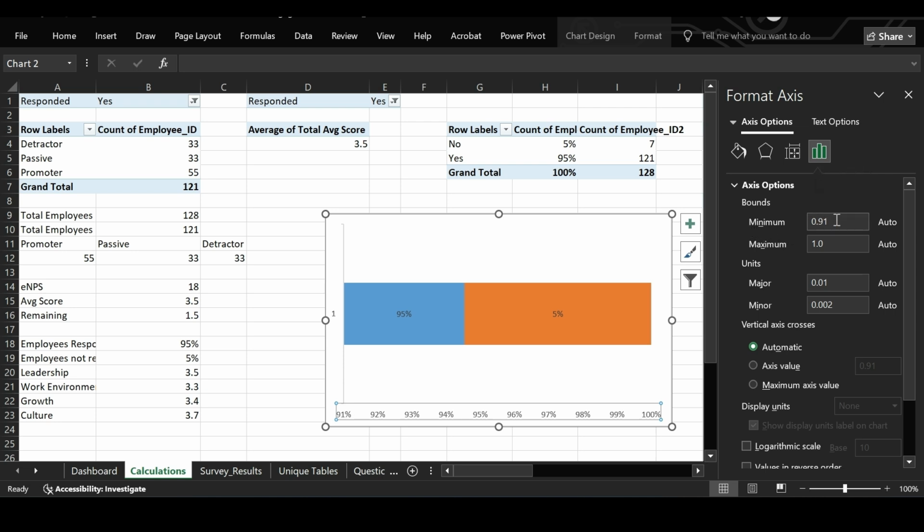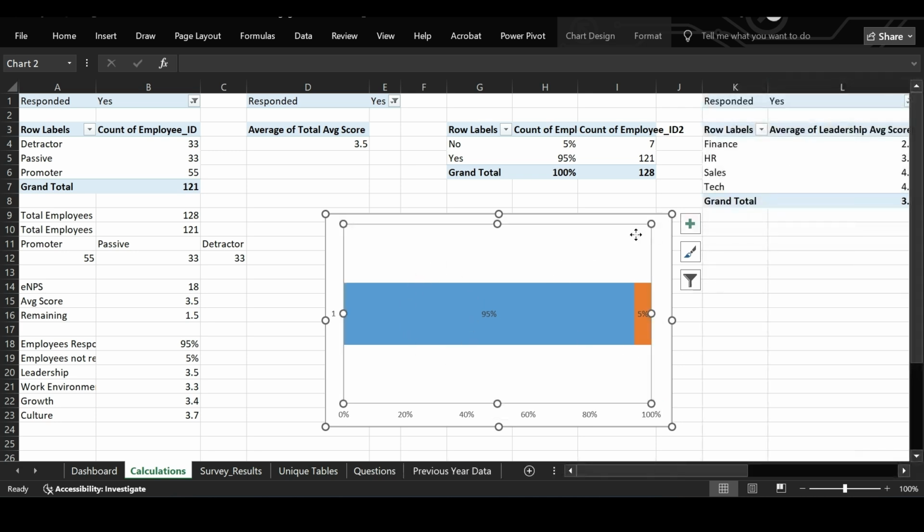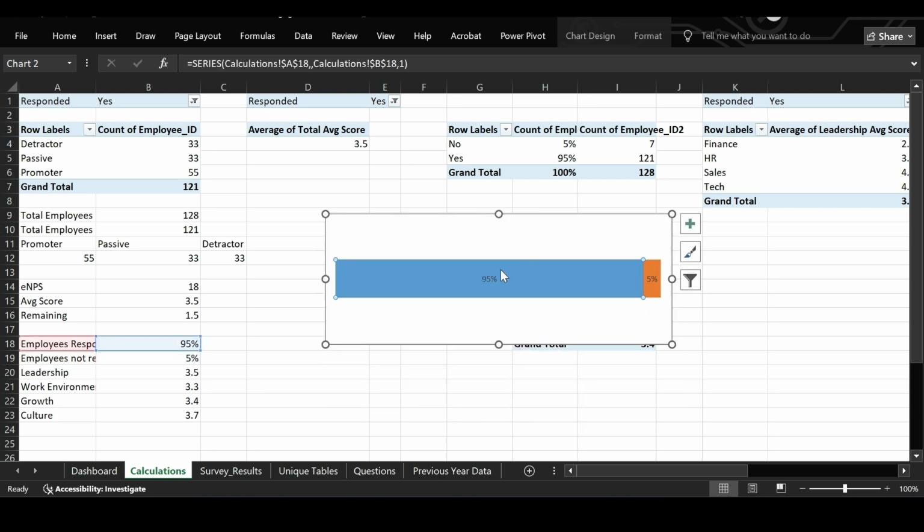Now see, minimum is set to 0.91, so this needs to be 0 and maximum should be 1. Now if you see, this looks more proper. Now I will remove the axis. We can take it to our dashboard.